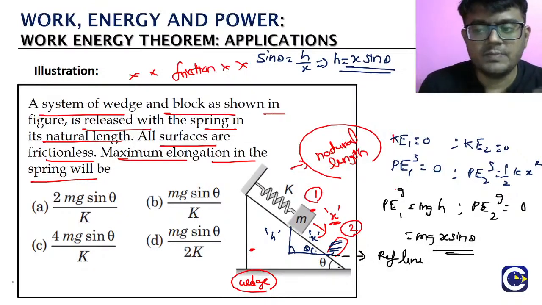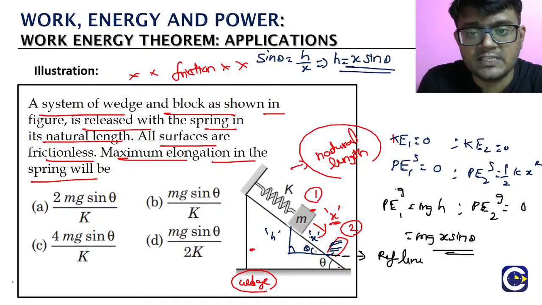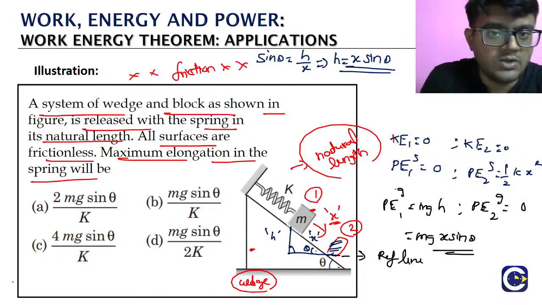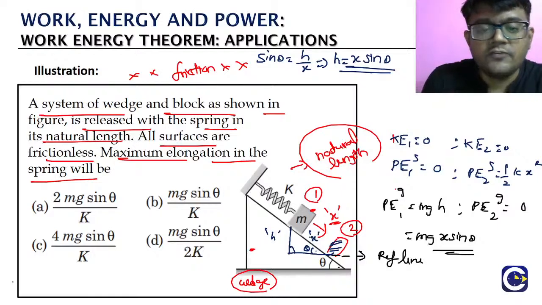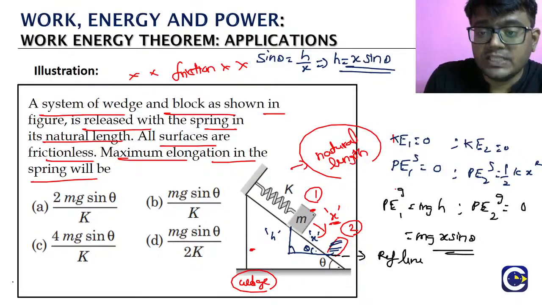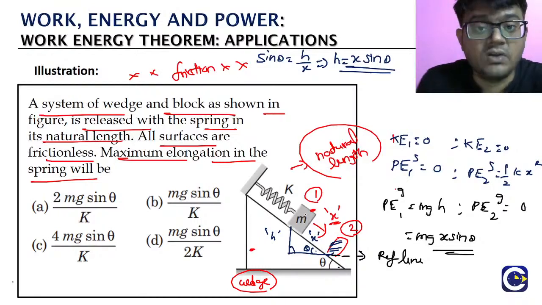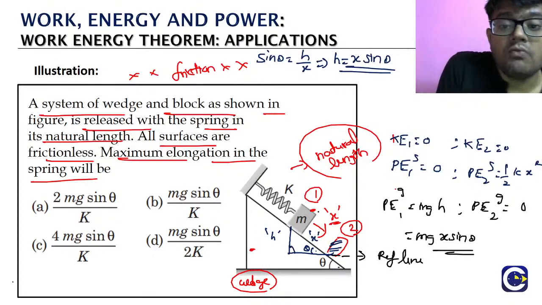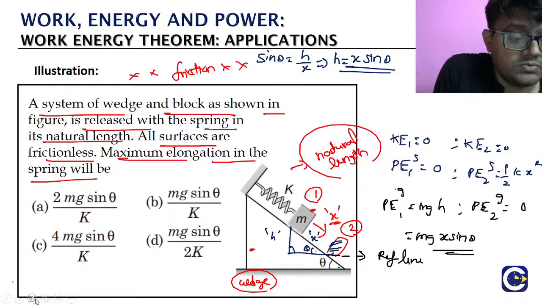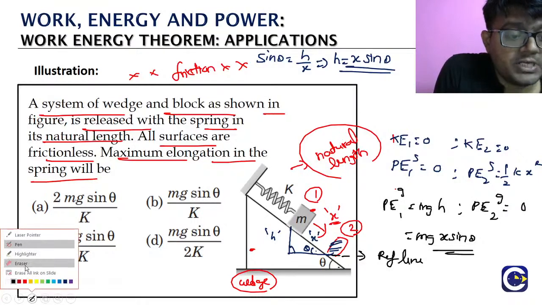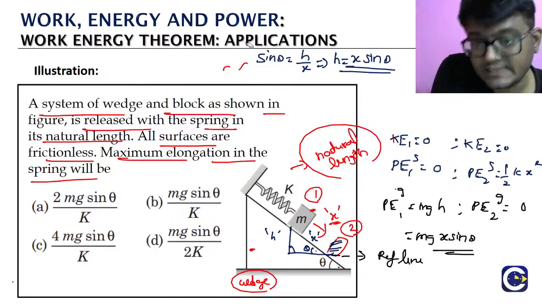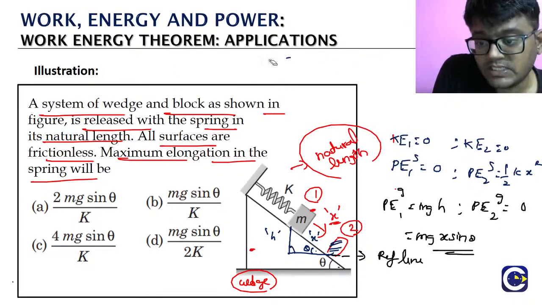Okay, so now look, the initial kinetic energy is there, the final kinetic energy is there. The initial potential energy for the spring is there, the final expression is there. Similarly, the gravitational initial value is there, the final value is also there. There is no friction. Other than friction, there will be only the normal reaction acting on the block. What will be on the block? Normal reaction, but the block is moving along the contact plane. So what will be the work done by the normal reaction? 0, right? Whenever an object is moving along the contact surface, the work done by the normal reaction is